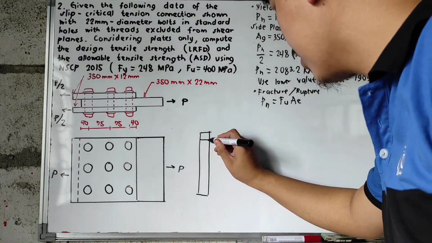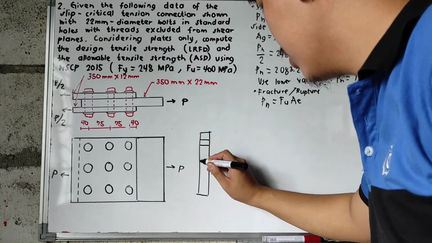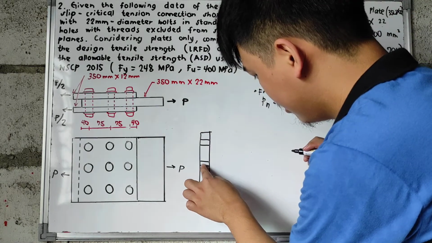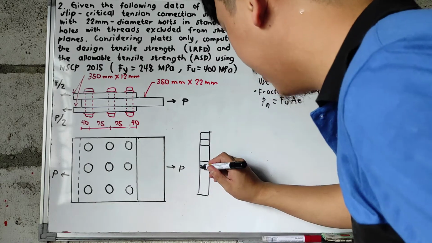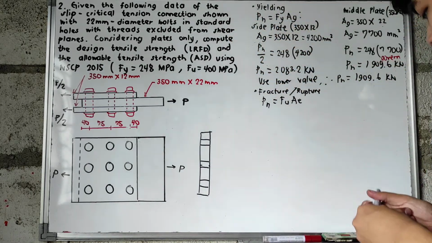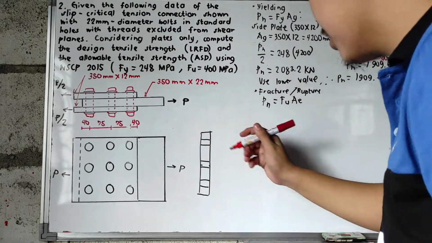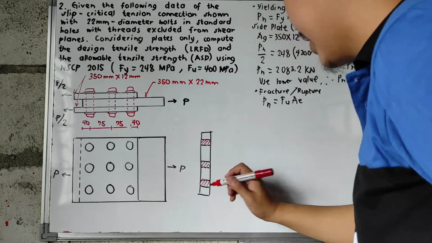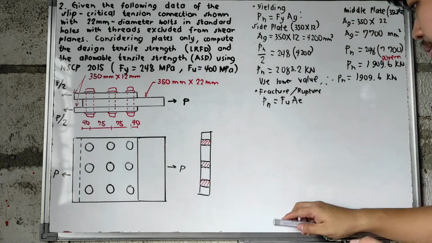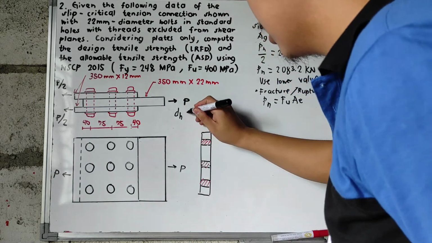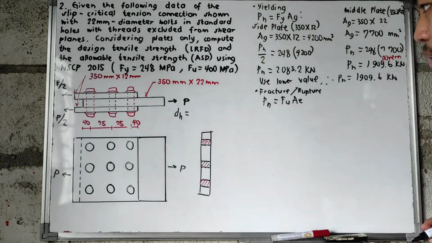mangyayari niyan is meron tayong tatlong butas, 1, 2, yung nasa gitna, at saka yung sa baba naman. Okay. So, for this one, ito yung mga diameter of holes natin, which is shaded by red. So, for the diameter of our hole, or that is our D sub H, that is also equal to,